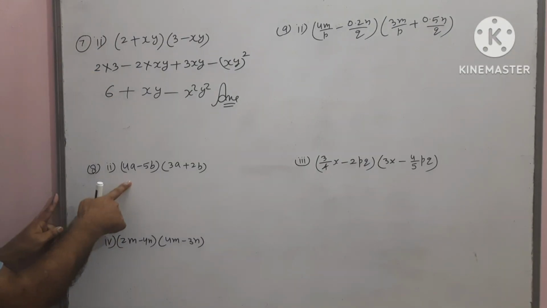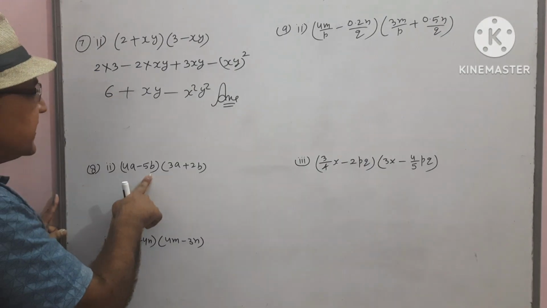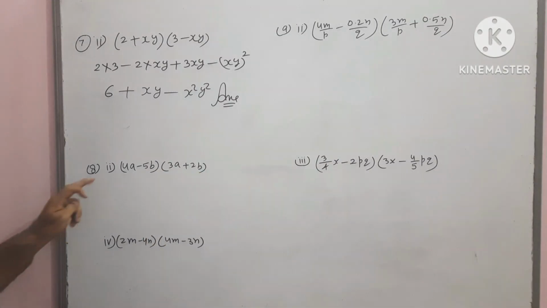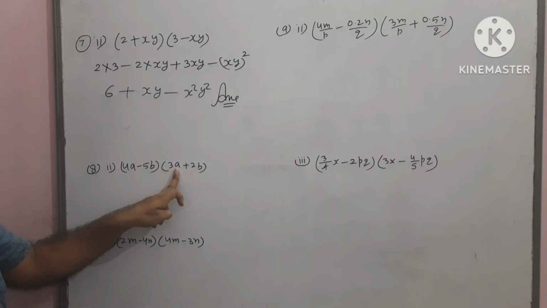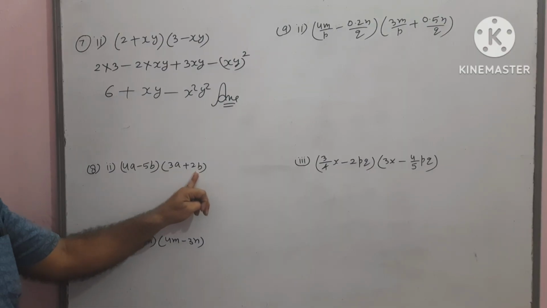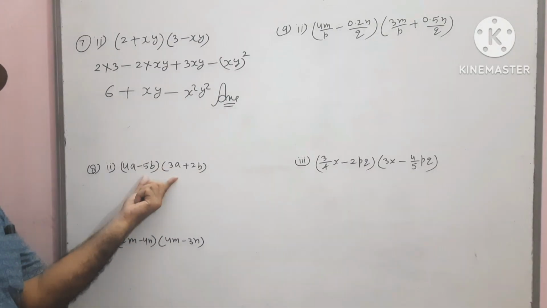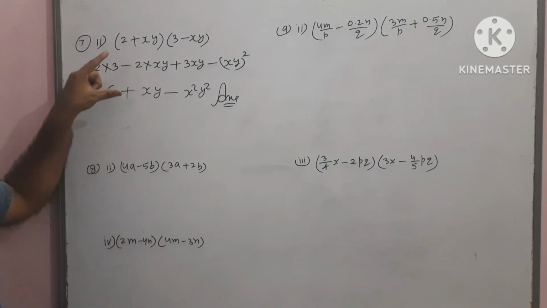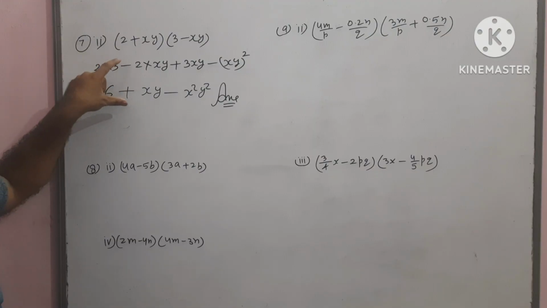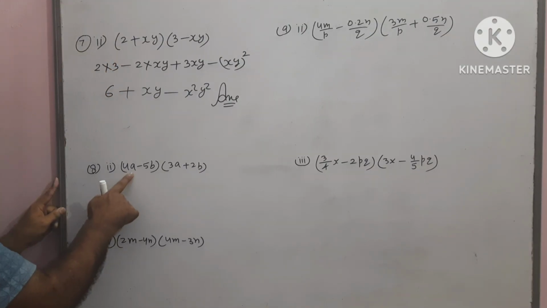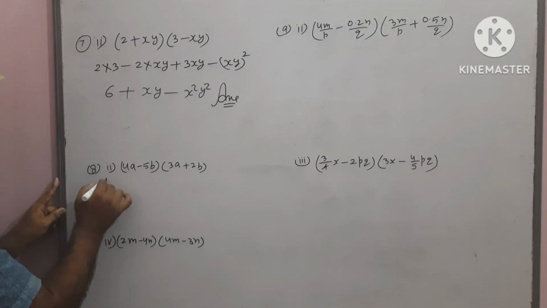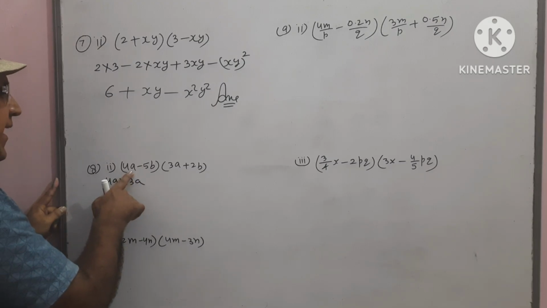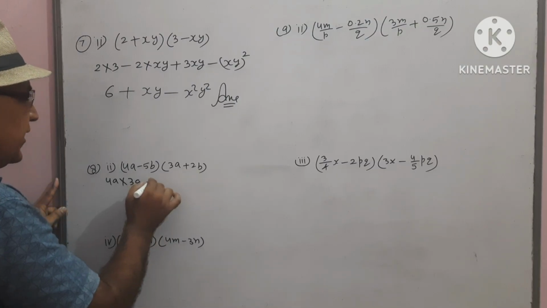See question number 8 part 1. 4a minus 5b is multiplied with 3a plus 2b. We are watching that the first terms are different, the second terms are also different. That means no identity can be applied here. So definitely this will be done by the simple multiplication method which I have done here. How will you do it? See, 4a is multiplied with 3a. So 4a into 3a. Then 4a is multiplied with plus 2b. So plus